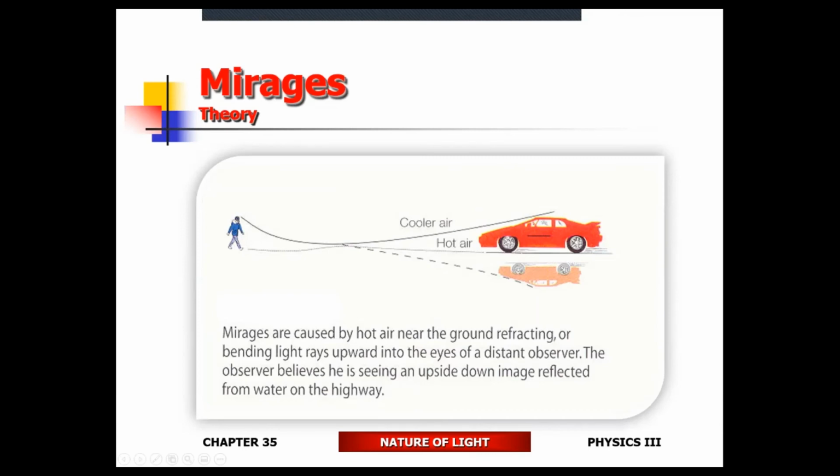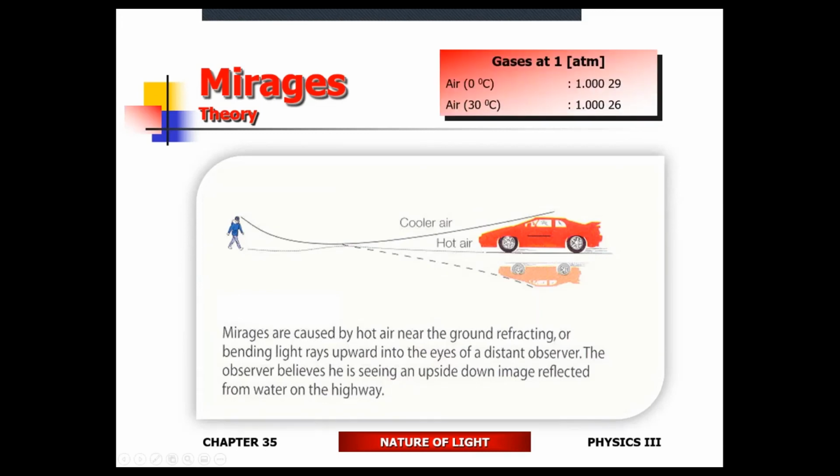Mirages. What's causing the mirages to happen? All right, so the mirages usually happen whenever there's air. So what's happening within air that causes a mirage usually? Look at that. What's happening to the index of refraction? Evidently, when the air is heated, the index of refraction goes down. So the index of refraction is going to go down when it is heated.